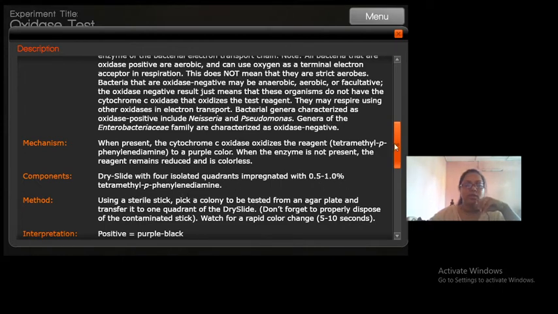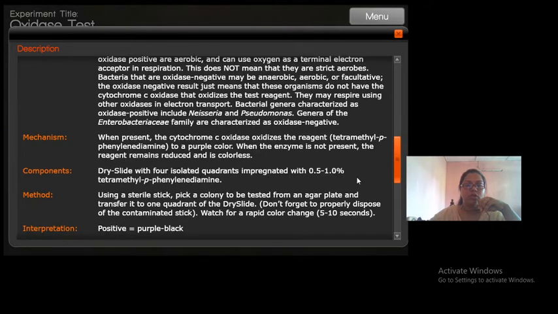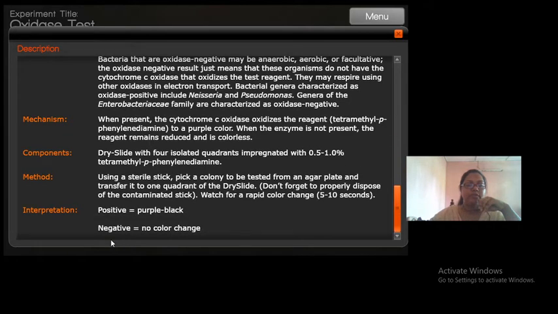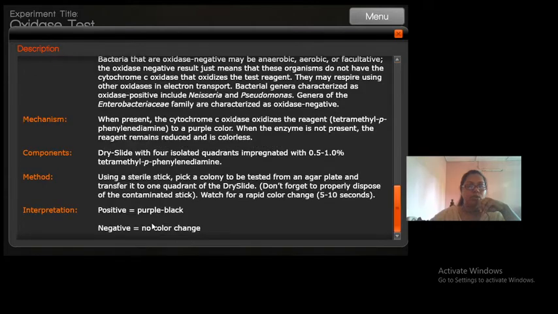When it oxidizes this reagent, there is a development of purple black color. If it is not able to produce this enzyme, it will show a negative result or no color change.